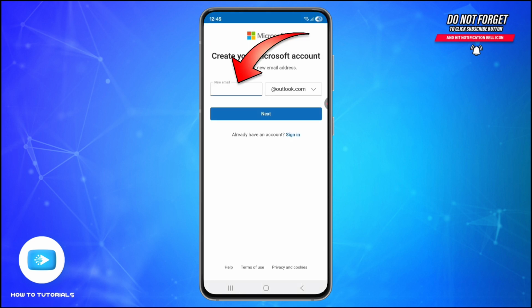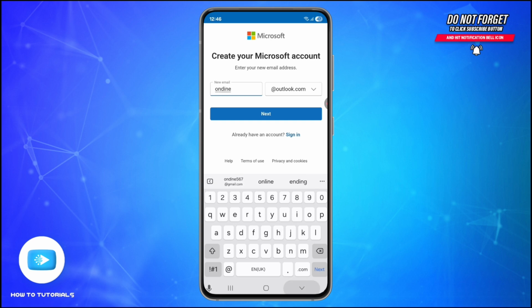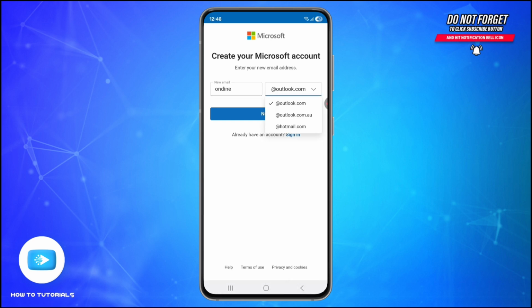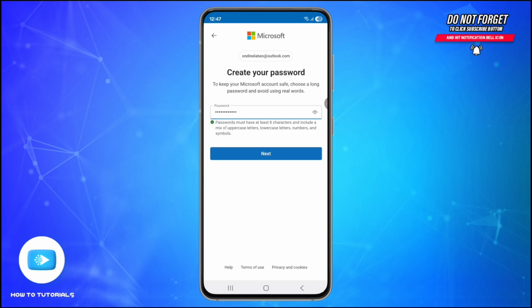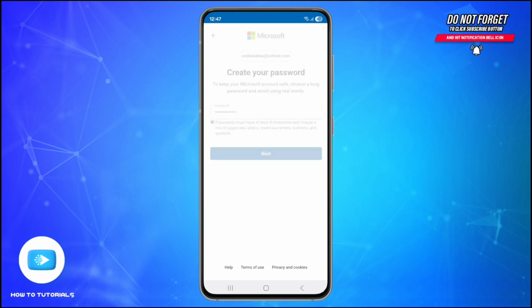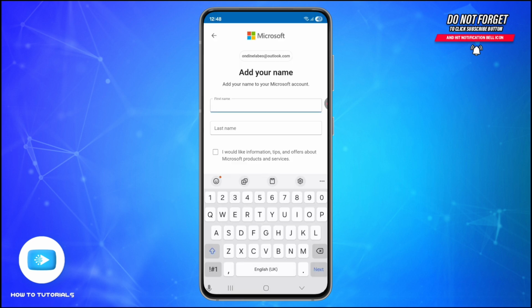Now type your preferred email name and from here choose @outlook.com as your email provider. Once done, tap Next. Now create a strong password, at least 8 characters with letters, numbers or symbols. Tap Next. Enter your first and last name here